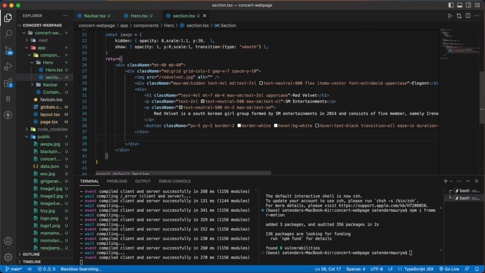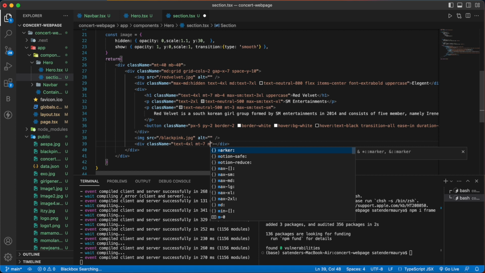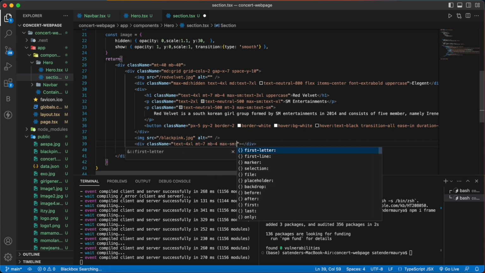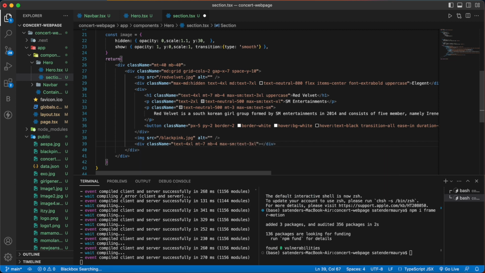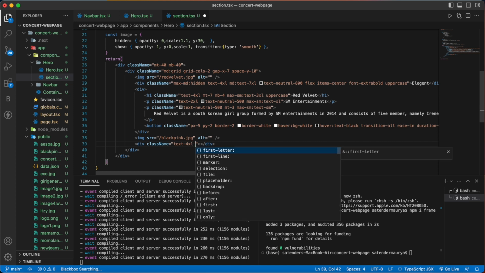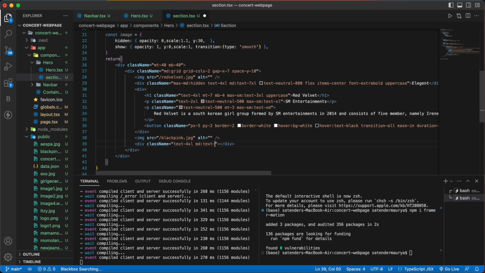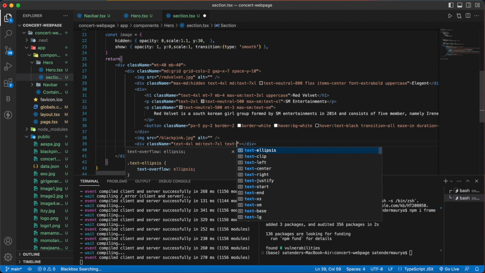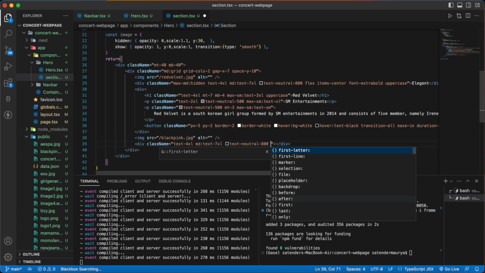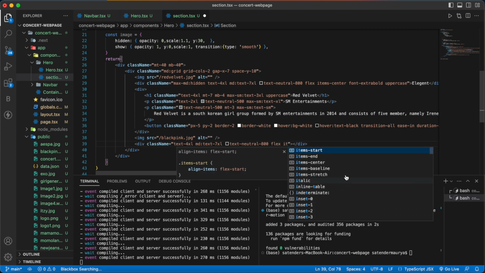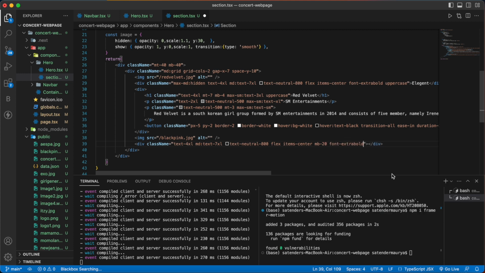Similarly, let's add other components here. So we'll have one more image here that will take black pink image .jpg, and then we'll have a div with a class name of text 4xl, mt7, mb4, max sm text 3xl, text 4xl and text 7xl, then text neutral will be 800 and flex item center MB20 and font will be extra bold, and in this we are going to write events